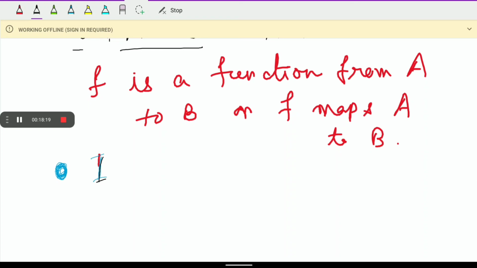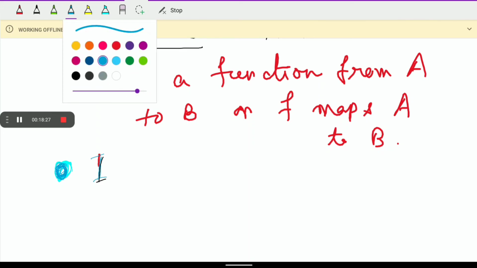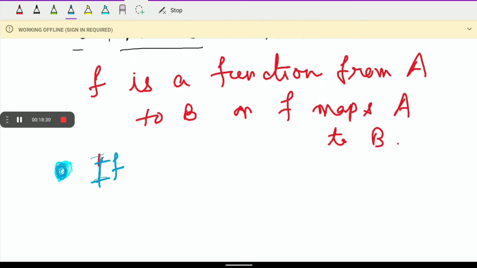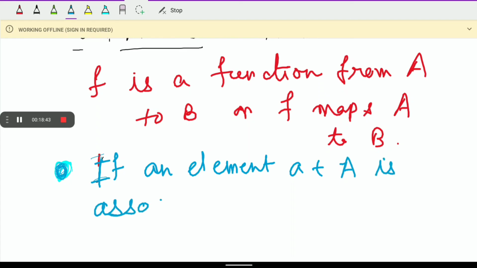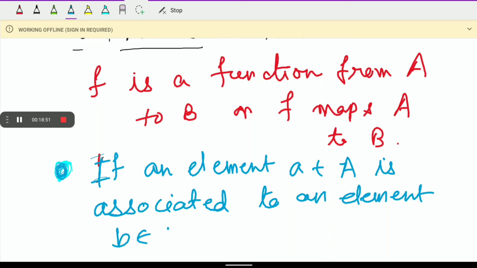If an element a belonging to set A is associated to an element b that belongs to set B,